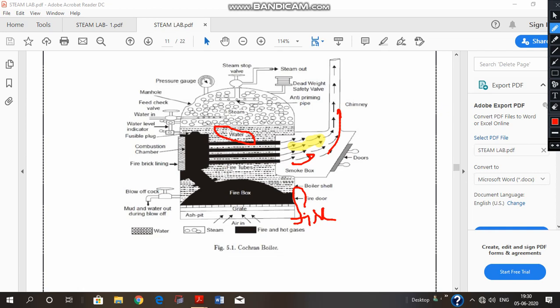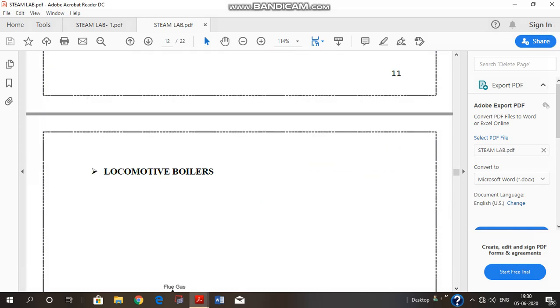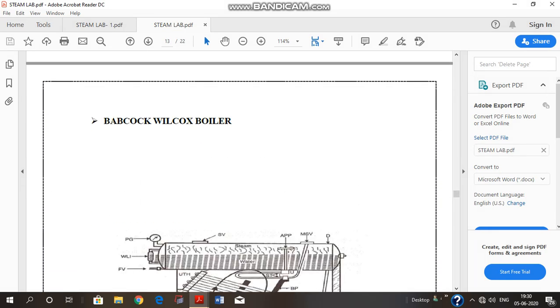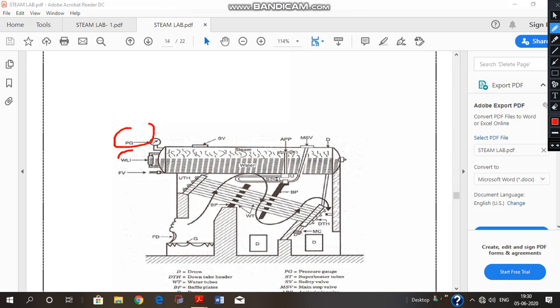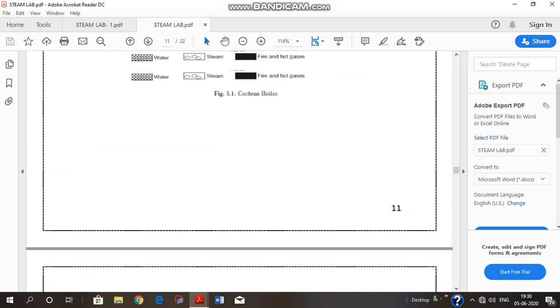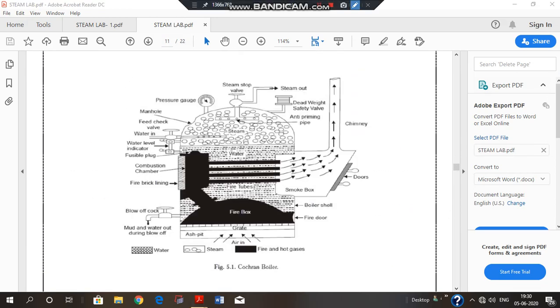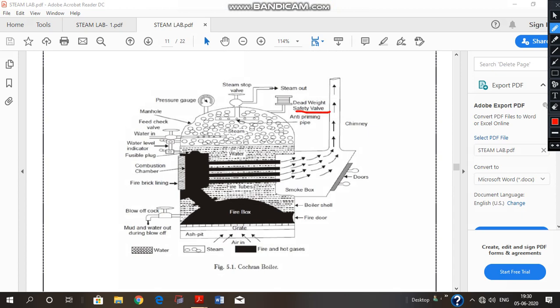Now, most of the parts we could see: the pressure gauge is there, and the pressure gauge was also there in case of the water tube boiler, that is the Babcock and Wilcox boiler. This is the PG, which stands for the pressure gauge. We also had the water level indicator, which is also present here. So these are some of the basic components. We would be discussing them in great detail also. They are present everywhere in both the water and the fire tube boilers. Everywhere here means in both situations, water tube as well as fire tube.